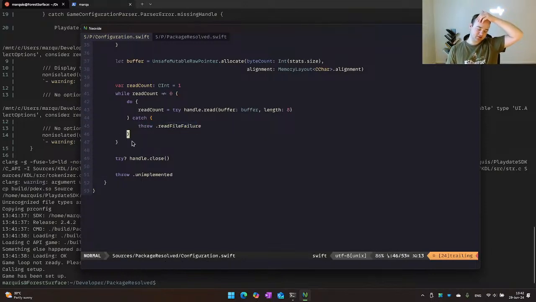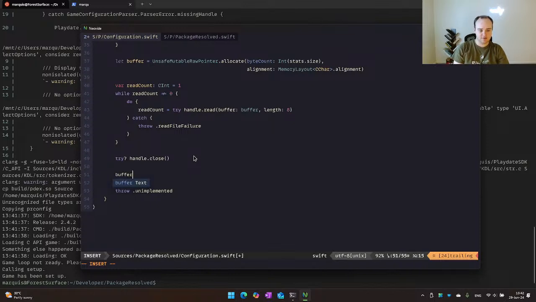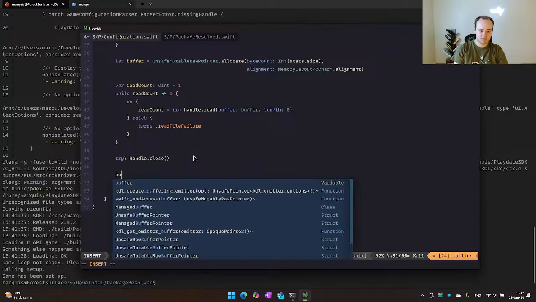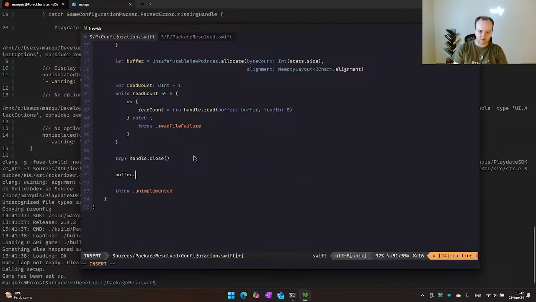So if we're not entering this case, that means that we do have a buffer in here, or that the buffer's filled and that we're reaching the handle close. Okay, so that's good. Can we do anything with buffer? Here, buffer dot buffer.